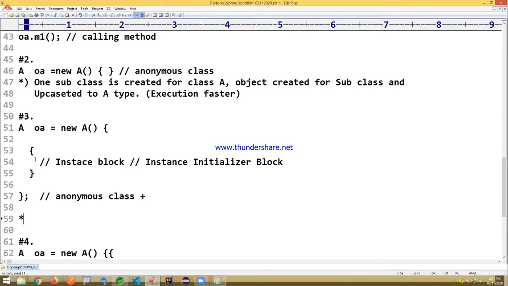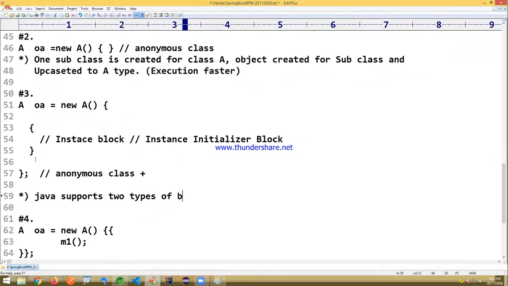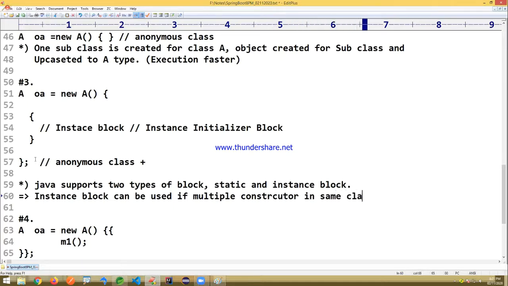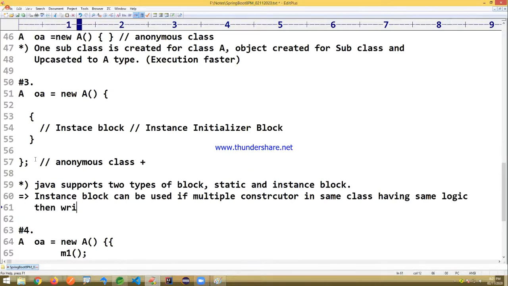Java supports two types of blocks, static and instance block. Instance block has two usages. First, an instance block can be used if multiple constructors in the same class have the same logic, then write it in the instance block.